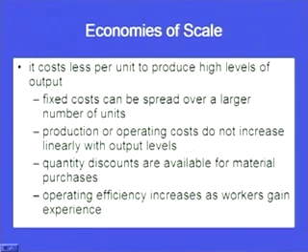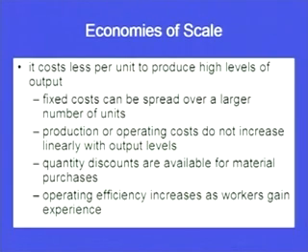Production or operating costs do not increase linearly with output levels. Once the production facility is there, the cost of setting up the production as well as producing a particular component does not vary linearly with the output. So, it may so happen that the unit cost is decreasing as the volume of products increases, because the production and operating costs are not going to vary linearly. This may be increasing, but at a slightly slower rate. Third is